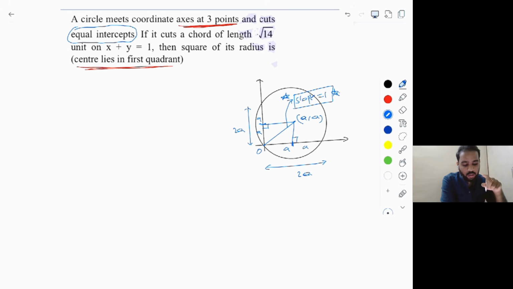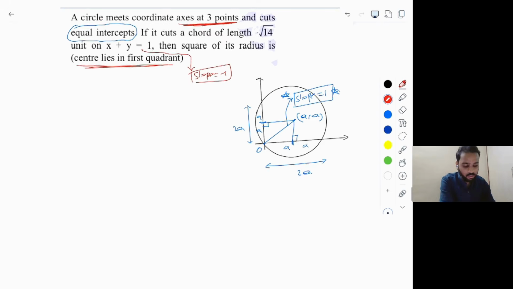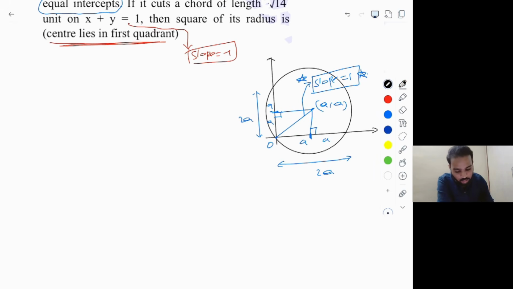If it cuts the chord of length root 14 units on the straight line x plus y is equal to 1. The importance here is this straight line x plus y is equal to 1 has a slope of -1, which means when drawing the diagram, I have to make sure this line joining origin and center is exactly perpendicular to the straight line x plus y is equal to 1. Okay, now let's start drawing the